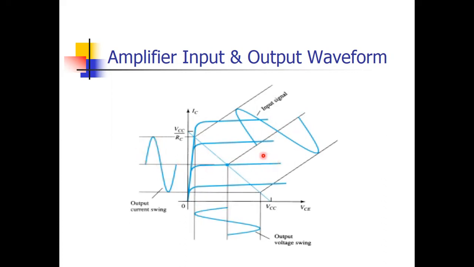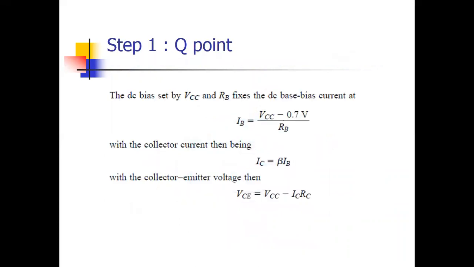Now you can see both portions, positive half and negative half, are coming under the load line. Here also, positive and negative both are coming in the load line. Means we are getting the whole waveform. No part is clipped, neither the positive half nor the negative half. We are getting the full output. Okay, so these are the input and output waveforms for the class A power amplifier.